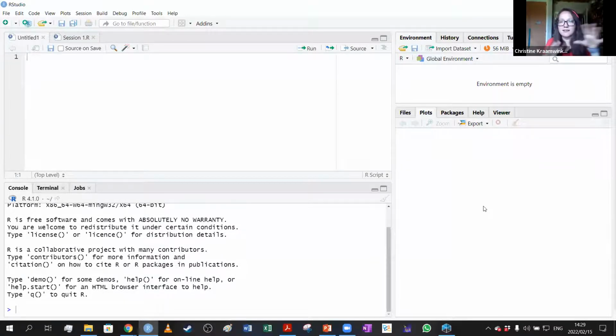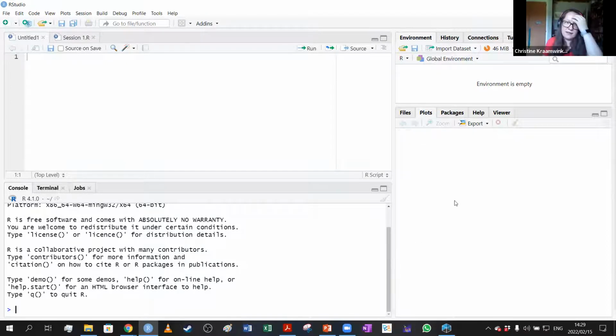The positioning is a little bit different from what you have in Python, or in Spyder at least, but you can run code directly in the console. So I often work in my script, and then if I want to try something and I'm not quite sure how to approach a specific thing, I'll try different things in the console until I find the right code, and then I'll copy and paste it over into my script. Then you also have your global environment here, where you'll see all of your variables and your data set that's loaded, and you'll also be able to see plots, etc. in this window.